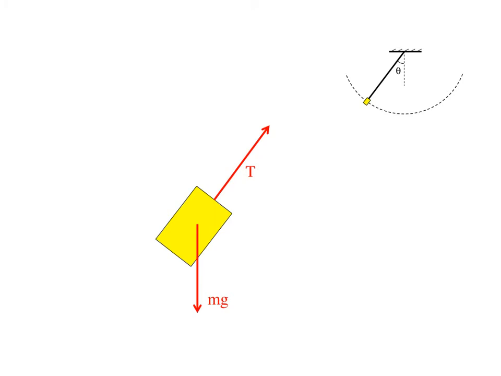Additionally, if this object is moving in this direction, we know it's slowing down. And if it's moving in this direction, we know it's speeding up. Which means once we have this axis, when we put the second axis in perpendicular, we're going to find that there is some net force along this line also, because there apparently is an acceleration along this line. So we're going to find an acceleration both in the centripetal direction, also in the tangential direction,